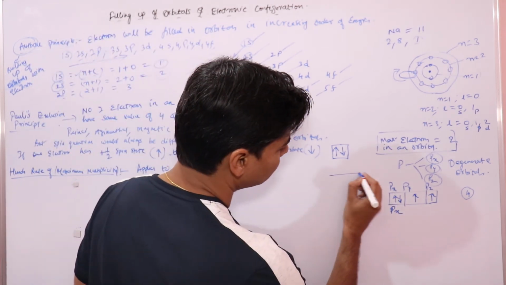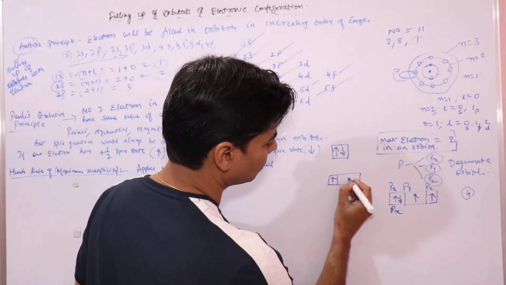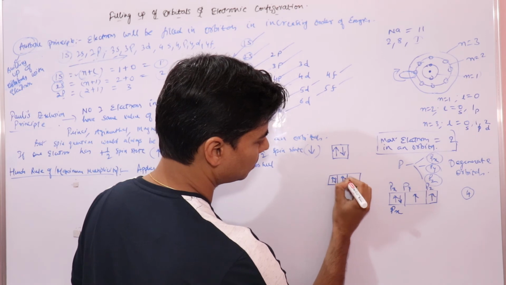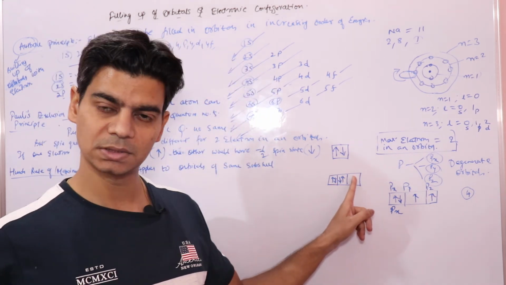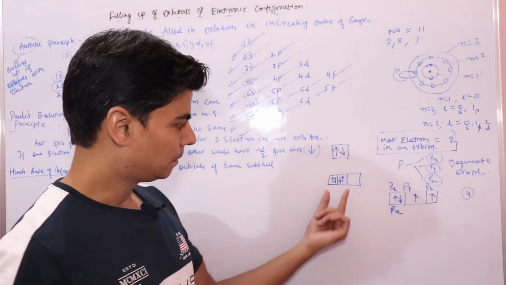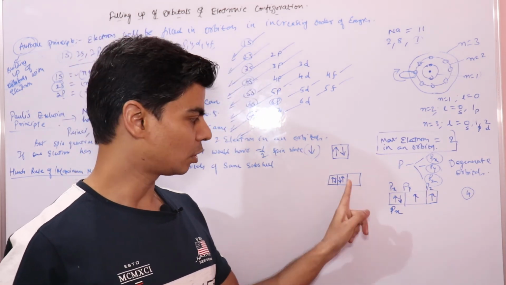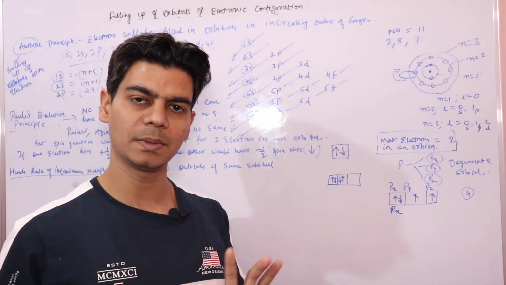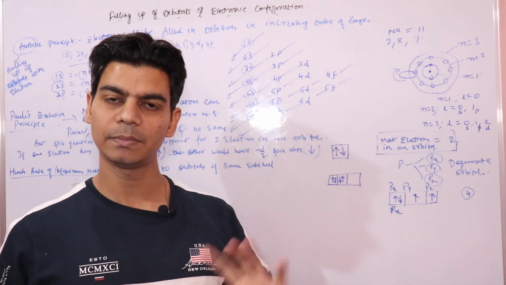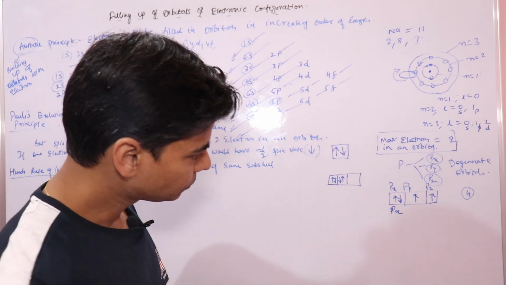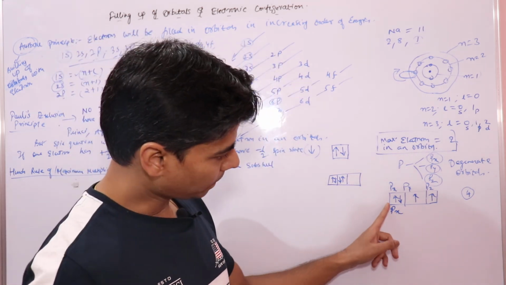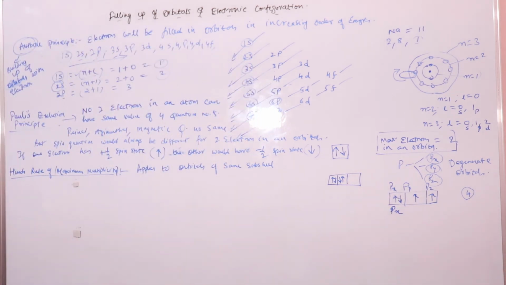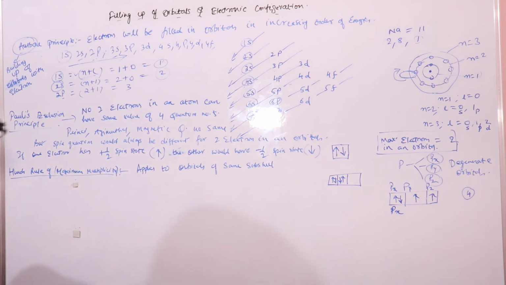Suppose I write it like this, I have 4 electrons. If I write it like this, this orbital is empty, so I have 1 orbital left unfilled. So this is not correct. As per Hund's rule of maximum multiplicity, I should have maximum singly occupied orbitals. And why do we say that we should have singly filled orbitals? What could be the reason?